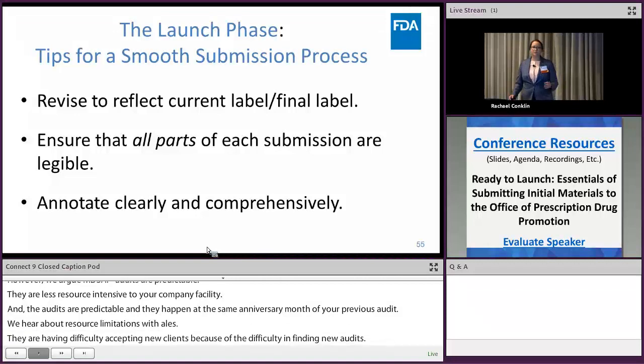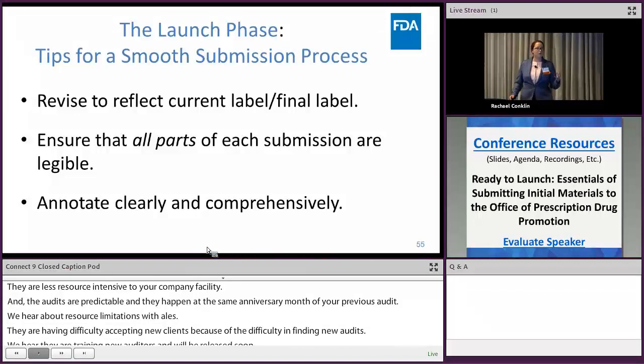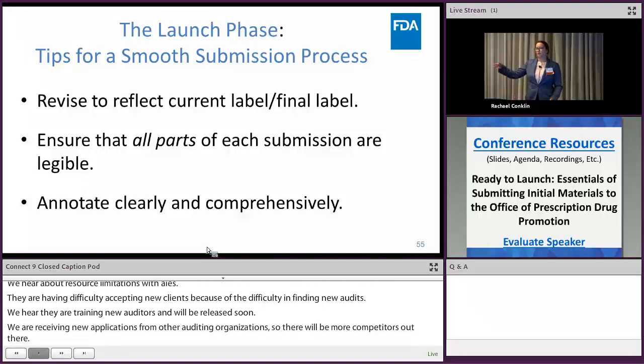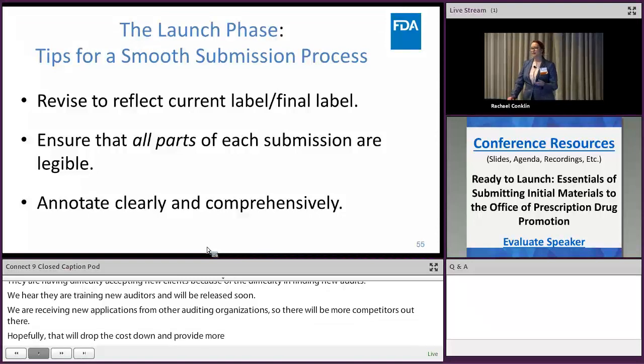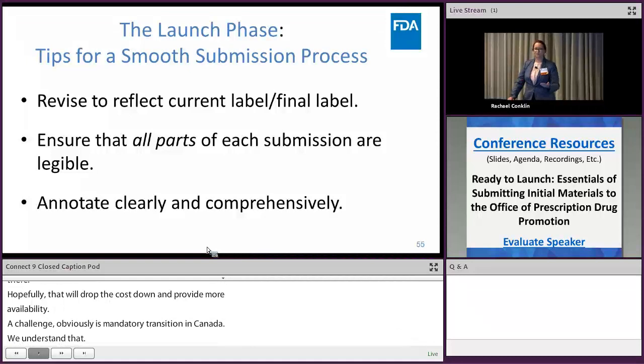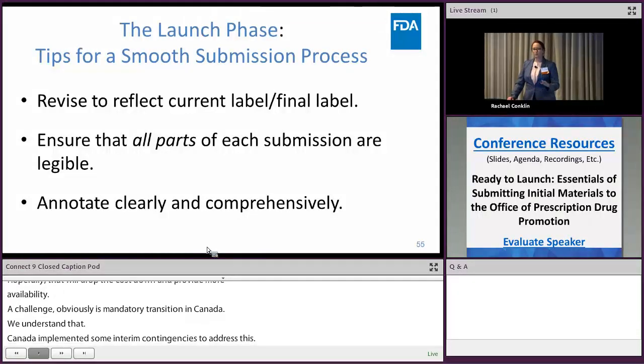And the annotations need to be clear as to where the OPDP reviewer can find that information in the references that are provided. So an annotation that simply says, see Lancaster 2016 would not necessarily be able to facilitate our review, because then we'd be reading an entire article by Lancaster in order to try to figure out what part of that you're citing. So, just try to be as clear as possible,